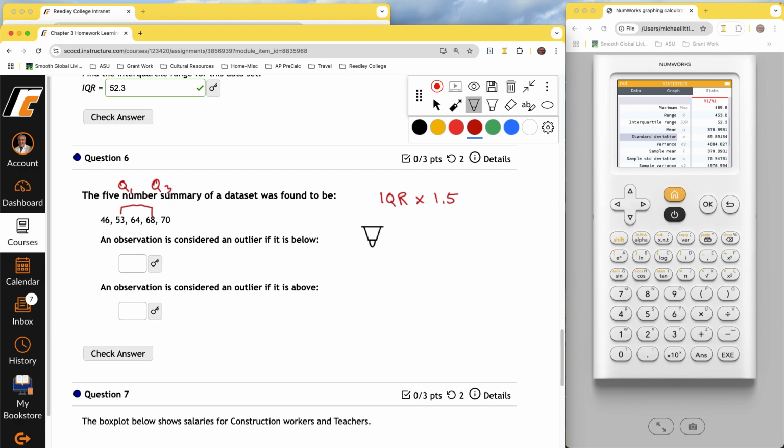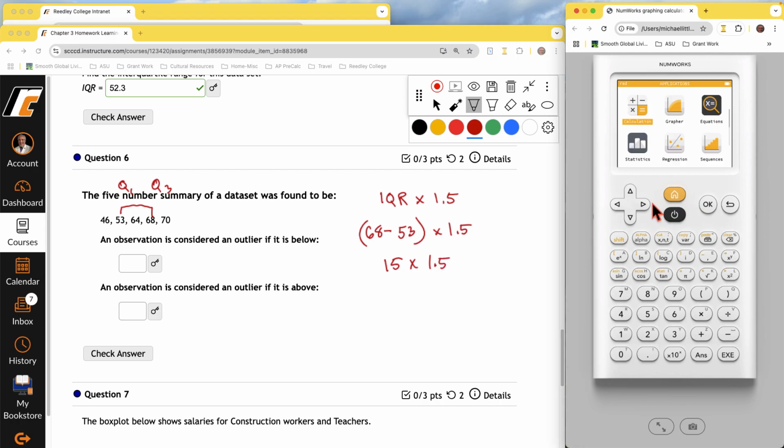We take Q3, 68, subtract Q1, 53, and we multiply that times 1.5. Or is it 2.5? I thought it was 1.5. We'll back up if we need to. So this is going to be 10 plus 5, so that's 15, times 1.5. Over here, back to the regular calculator,